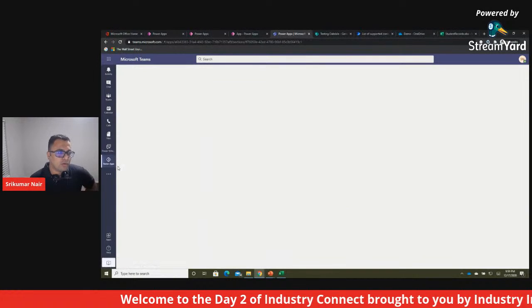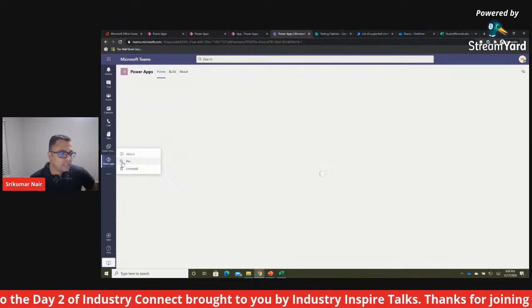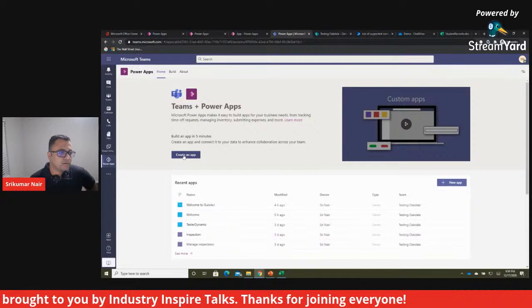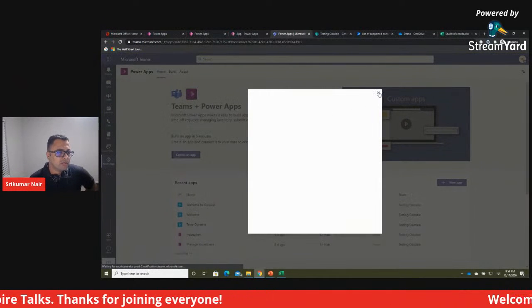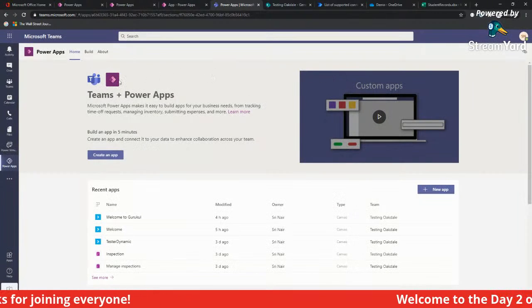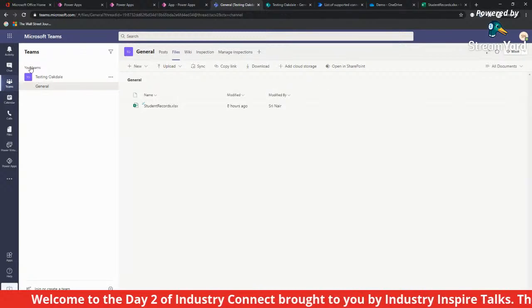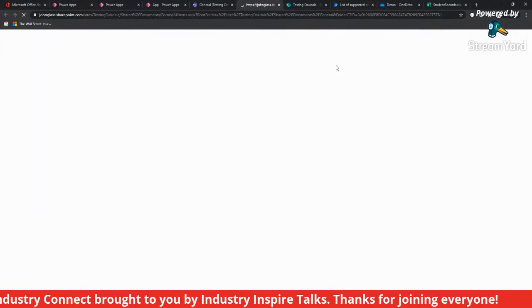As you can see, all you have to do is add a new app and bring Power Apps here. Just to keep it stable there, I'll just pin it, and then right inside of the Teams itself, I can start creating apps here. But let's pause this for a while. I just wanted to show you some of the themes and SharePoint, where you can also see the file locations are here. Each team maps to a SharePoint site, which if you open is nothing but a document repository.